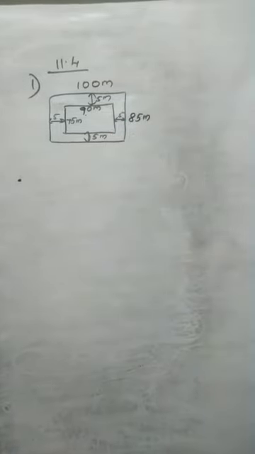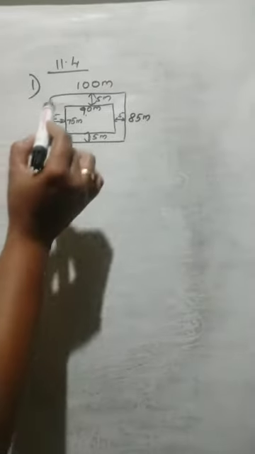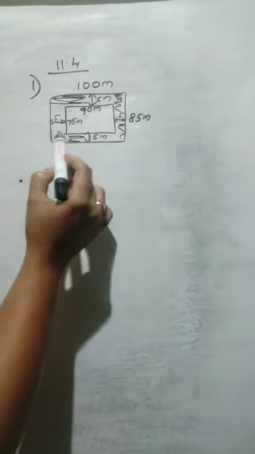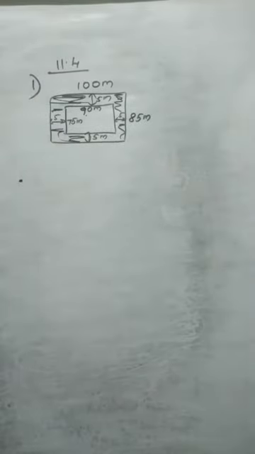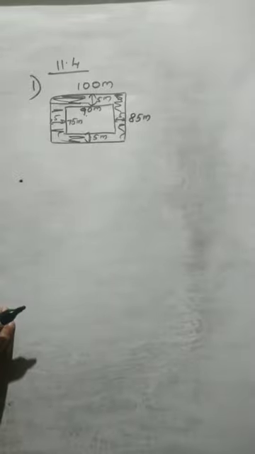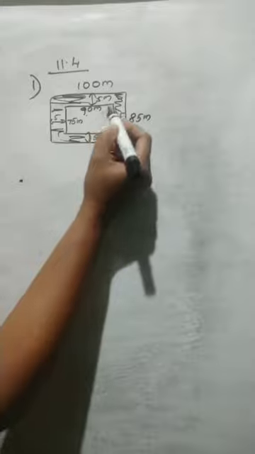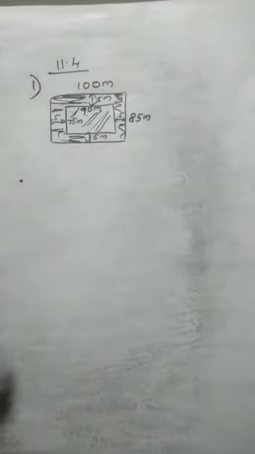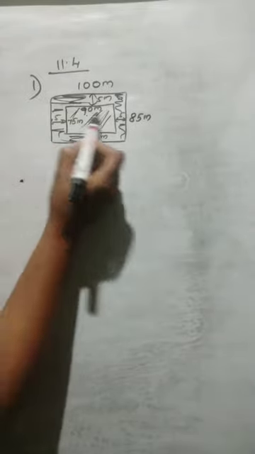Then find the area of the path. That is, we have to find the area of this path. Okay. Then also find the area of the garden in hectare. That we can find. Now we can go through this question. Now, area of garden. This was the garden. Okay, this was the garden. Then area. Before including this path. Okay, without path.